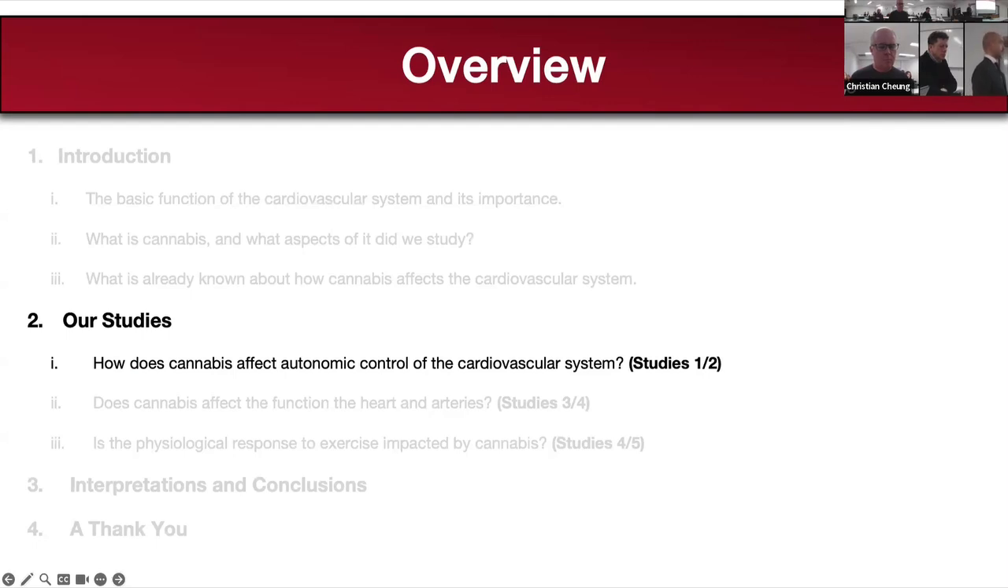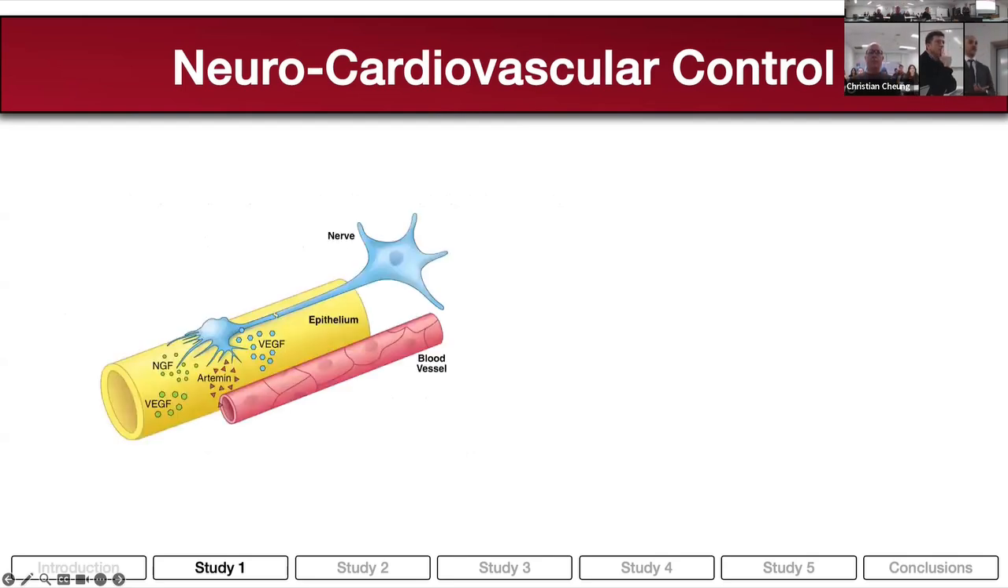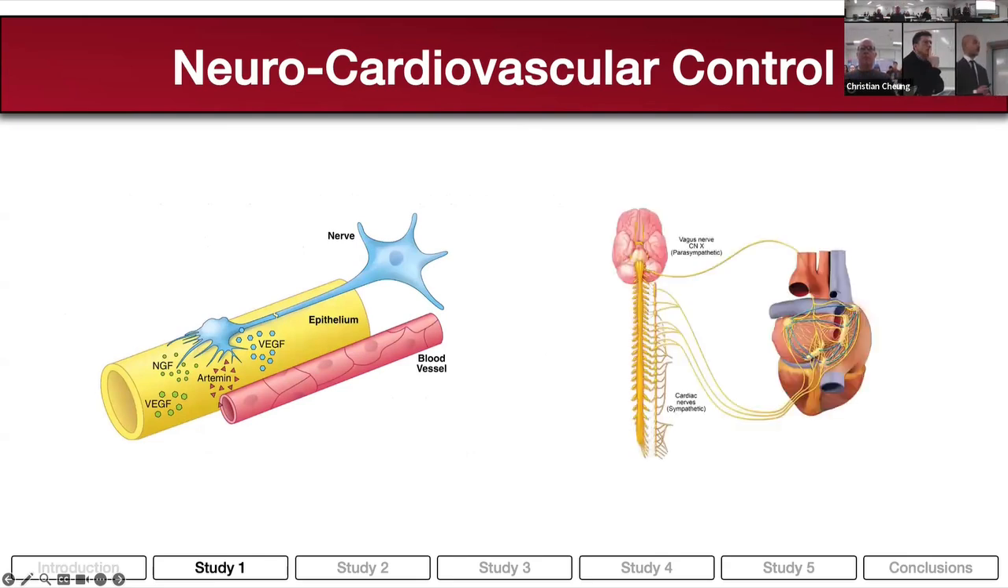Going to the experiments we did now, what I'll look at first is how cannabis affects the autonomic control of the cardiovascular system. For those who are less familiar with this physiology, the reason that we care about the autonomic nervous system when it comes to the cardiovascular system is because it's responsible for innervating the smooth muscle cells within the vascular wall and as well the heart itself. Now, through these innervations